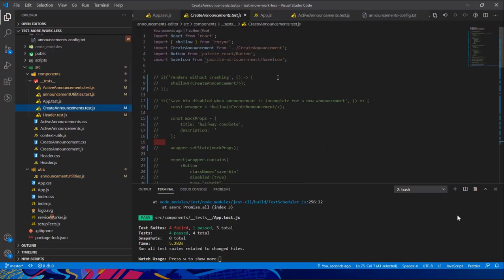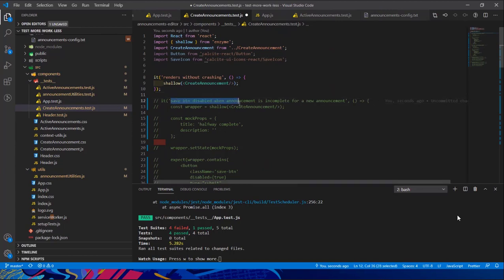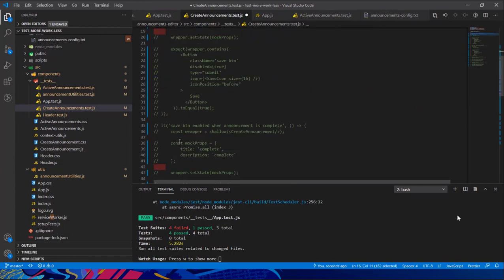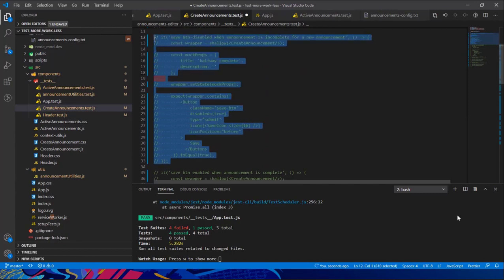So going to create announcements. Again, the first one that I typically start out with is just making sure that it renders, again, using that shallow property from Enzyme. So the first one, make sure the save button's disabled when the announcement is incomplete for a new announcement. The last thing we want to do is have the end application break because something wasn't set up correctly. So if we take a look at this test right here,